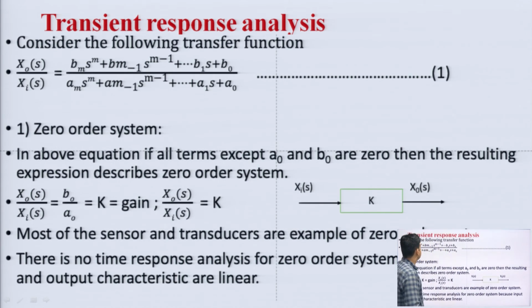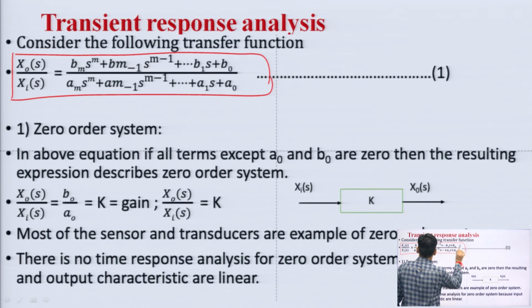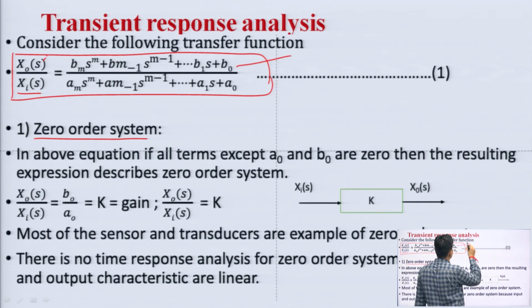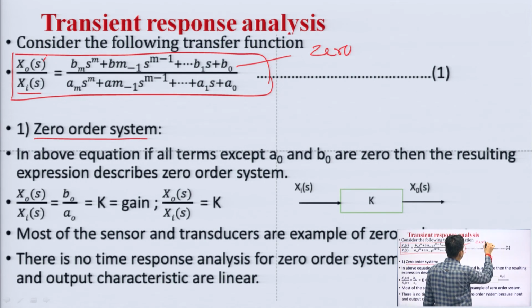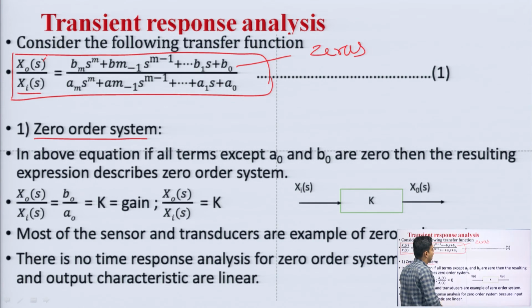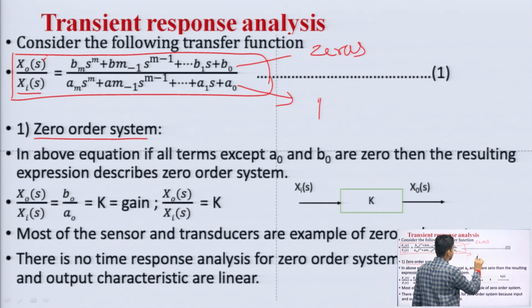Now, we will look at the transient analysis. So, here we need to consider this transfer function. This is the generalized expression, where the output is given in terms of s and the input expression is in terms of s. So, this would be a transfer function. Now we start with the 0 order system. You know that in the previous discussion we discussed that the numerator part will give us the zeros. If I calculate the roots of the numerator polynomial, this will give us zeros, and if we calculate the roots of the denominator polynomial, this will give us the poles.